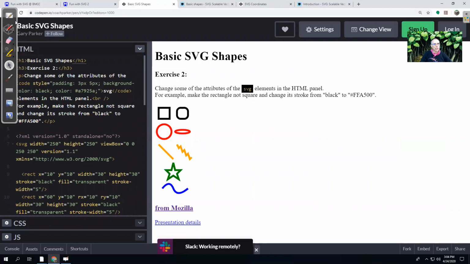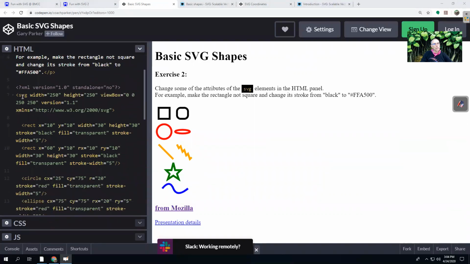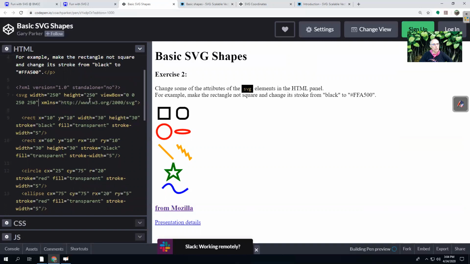So here we have our HTML panel on the side. And I have an H1 element here and an H3, and then here's the SVG embedded within the HTML. And so SVG can either be a standalone file or it can be an element inside of HTML. And as usual, I believe that you should set the width, you should set the height, you should set the view box, and then you should have the XML namespace. The version, that's not really needed anymore. The browser defaults to the latest version of